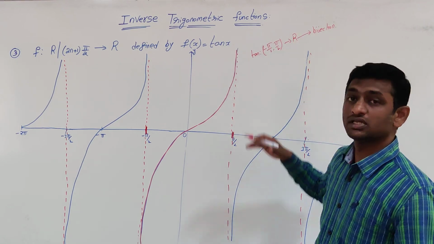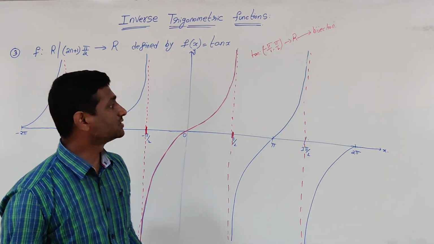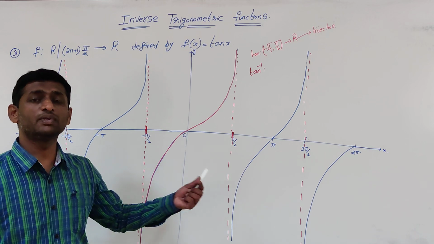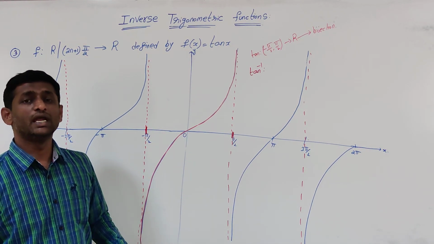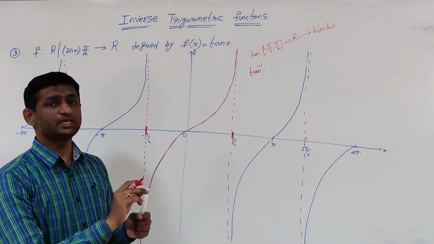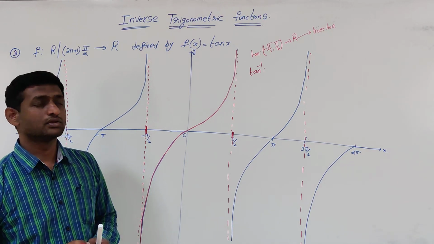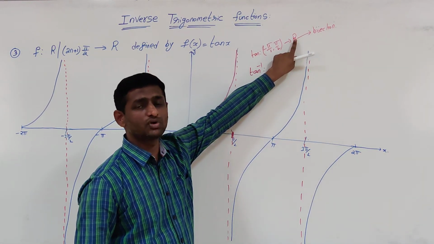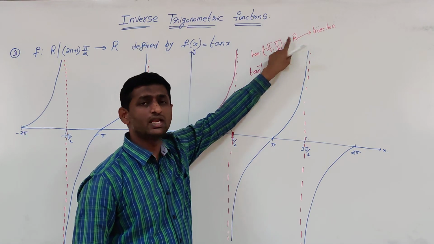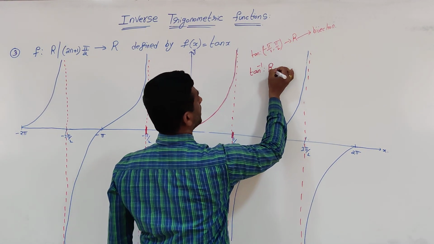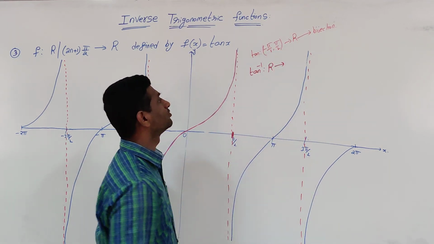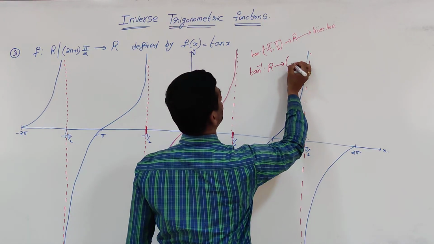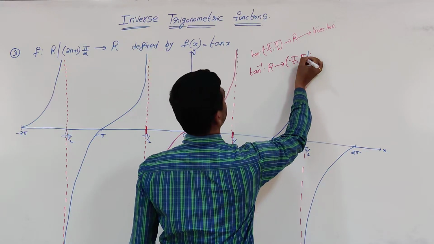If this is a bijection, then the inverse function exists, and this inverse function is denoted by tan inverse. And for tan inverse, what will be the domain and what is the range? It is the reverse case of tan theta. Reverse means that whatever the range is, that range will act as the domain for tan inverse, that is R, and the restricted domain of tan will act as the range for tan inverse, that is the open interval minus pi by 2 comma pi by 2.